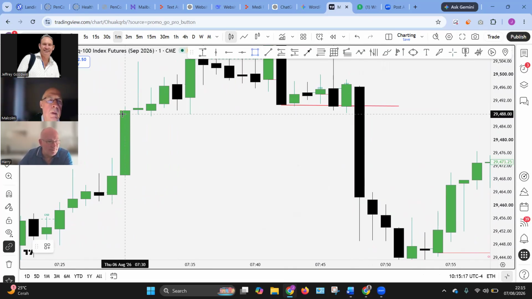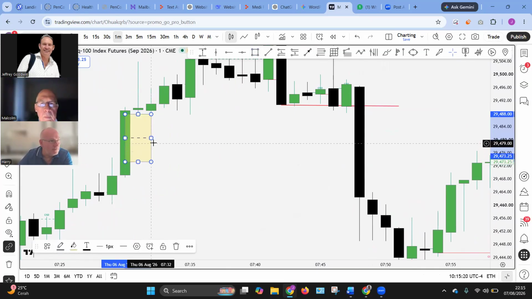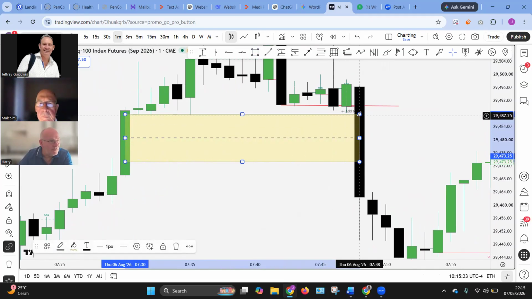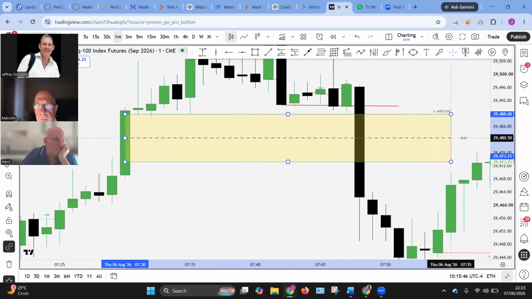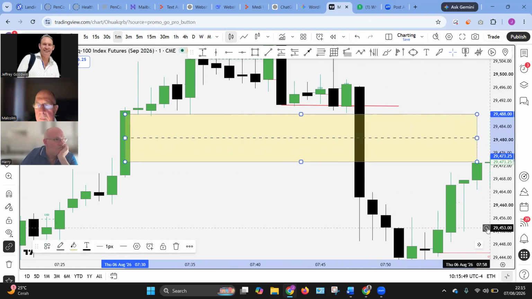Big FVG meets another FVG. Have I showed you that earlier on today on this session? Yeah, I did show you on this session. I called it a balanced price range, then I called it an inverted fair value gap. But it broke through it, so therefore we're looking for it to come back into this, reject, and go down. Buy, sell, broke through. This is the same like a breaker block now. We're looking to go into it and sell from here.